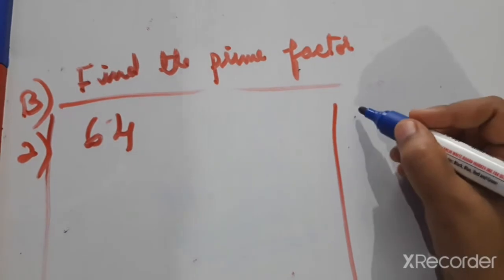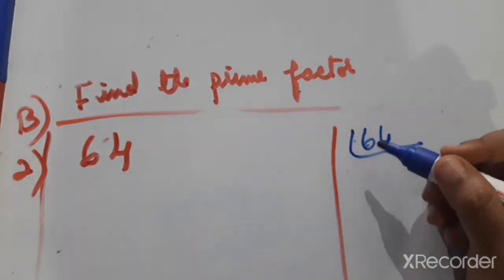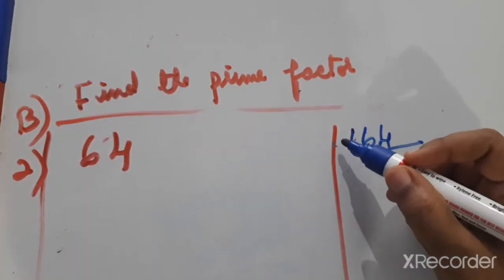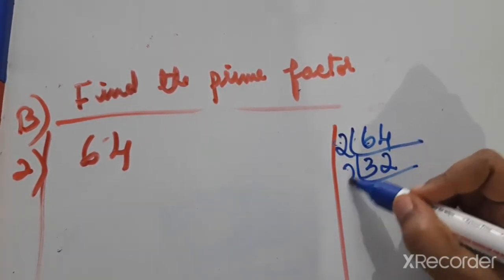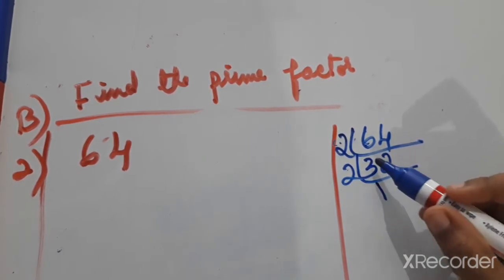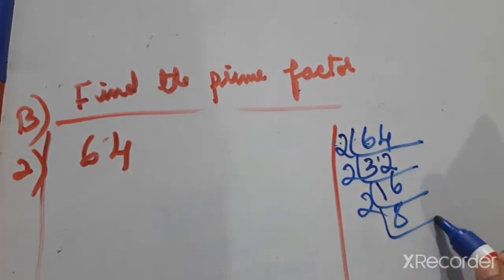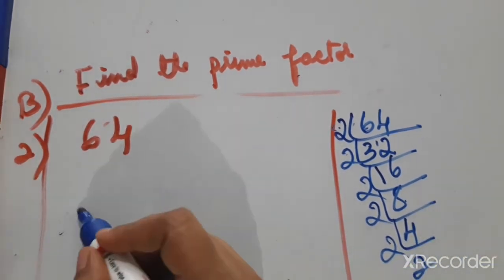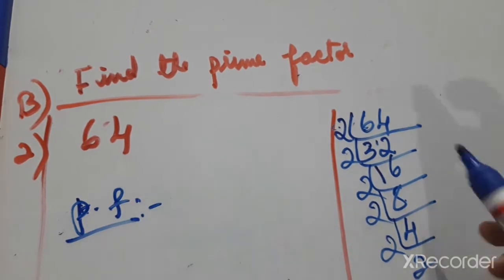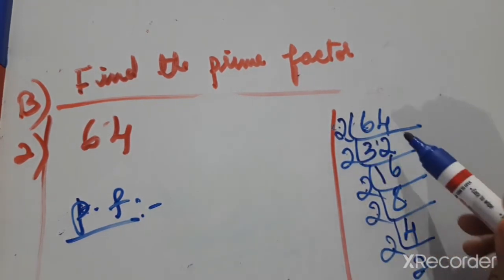Next is 64, second one, we have to find the factorization only with prime numbers. 64 will divide by 8 also we can try, but 8 is not a prime number. So first try with 2. 2 3s are 6, 2 2s are 4. Then again it will divide with 2, 2 ones are 2, 1 remainder, 2 6s are 12, 2 8s are 16. It will multiply, 2 4s are 8, 2 2s are 4. Prime factors are 2 into 2 into 2 into 2 into 2 into 2. How many times? 1, 2, 3, 4, 5, 6. All are with 2 only.